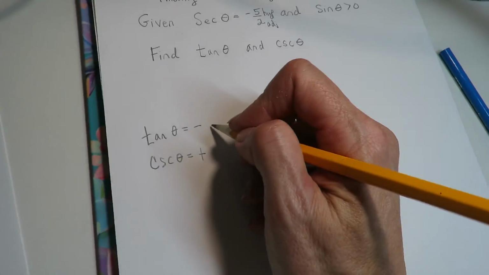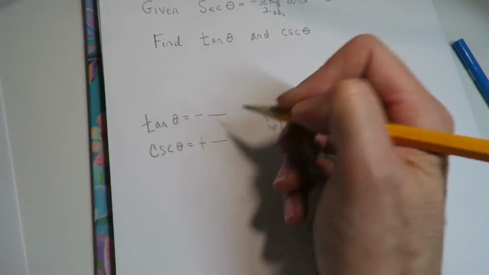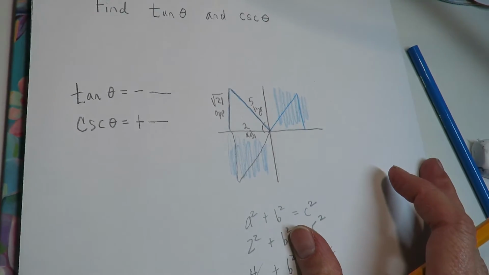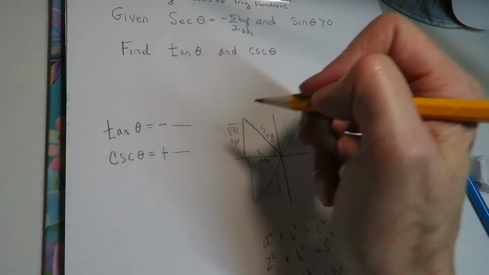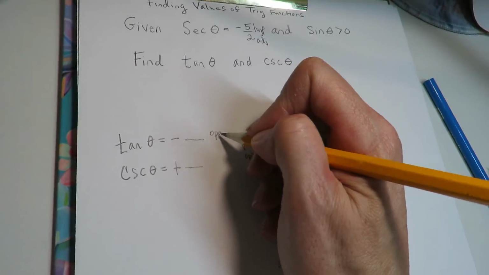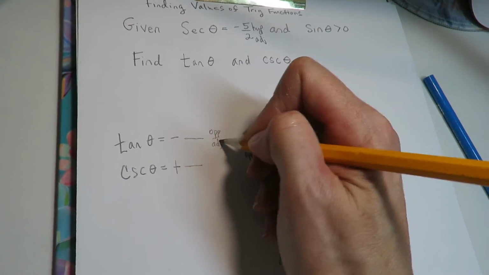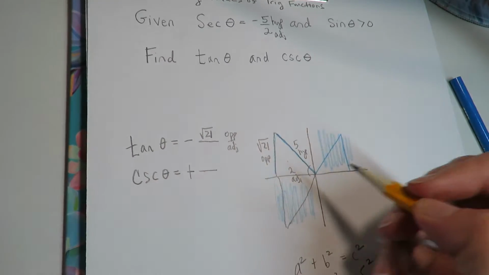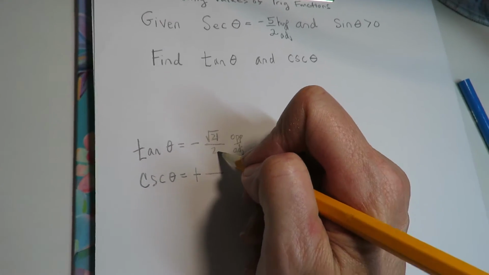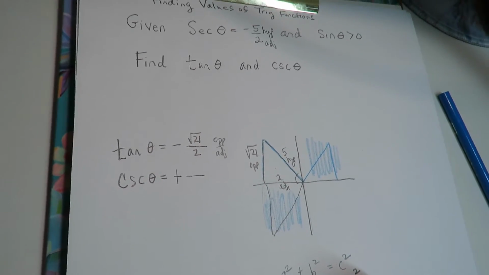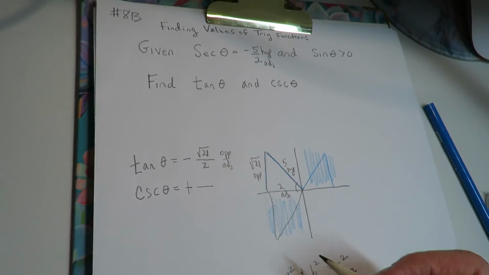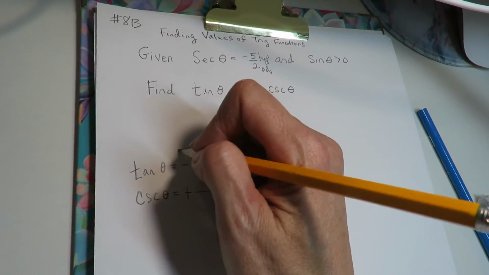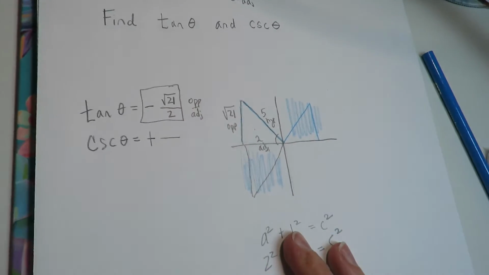Now let's go ahead and do the ratio of the sides. What two sides are the tangent? Good, that's the opposite over the adjacent. So the opposite side here is radical 21, and the adjacent side is 2. So the tangent of theta will be negative radical 21 over 2. Let's now do the